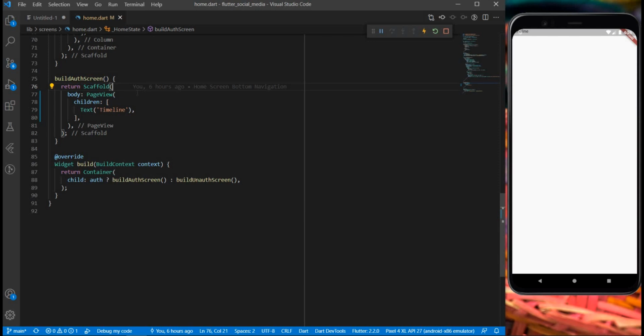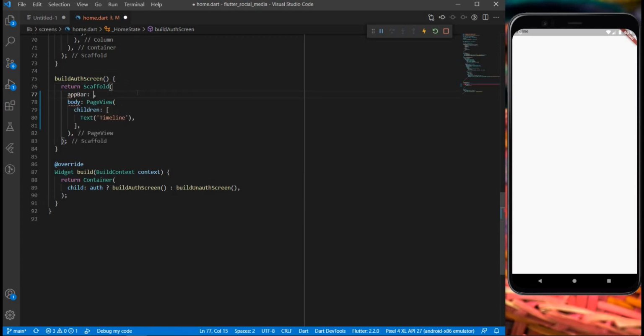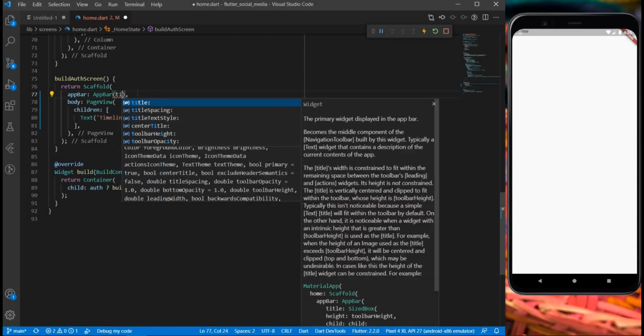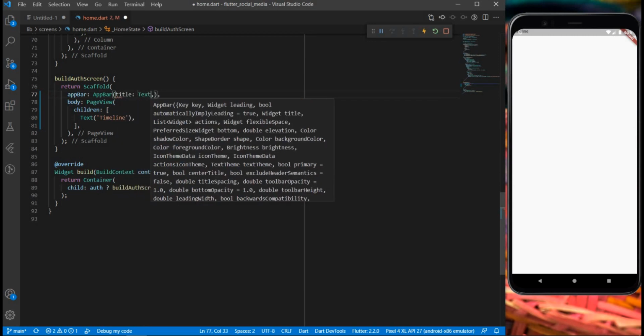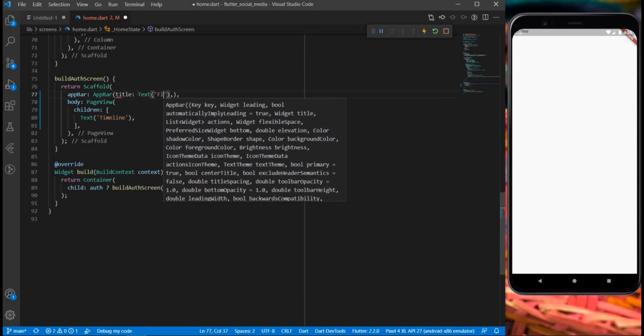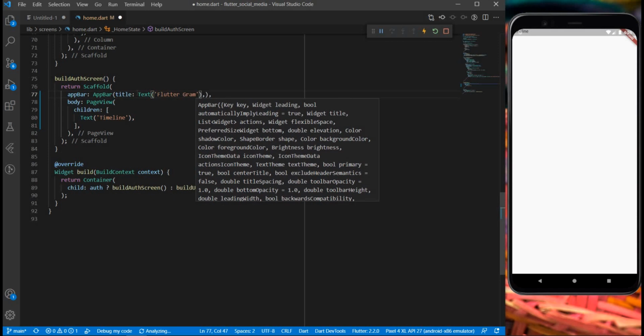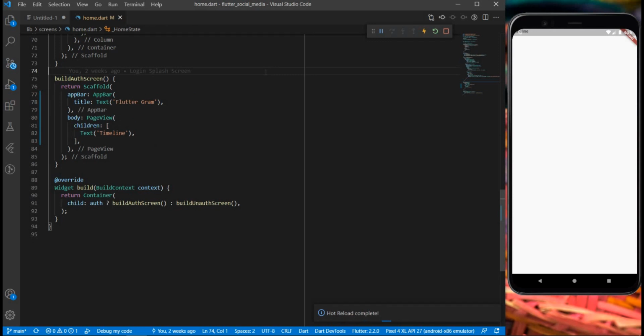To make it more readable, let me simply add an app bar here, and let me give it a title of Fluttergram. Alright, and that has made our app more readable.